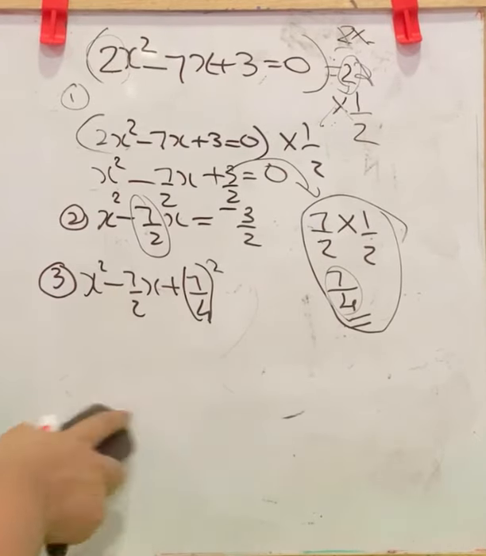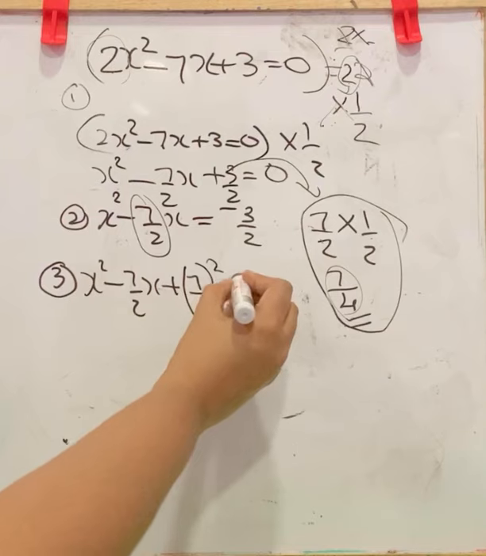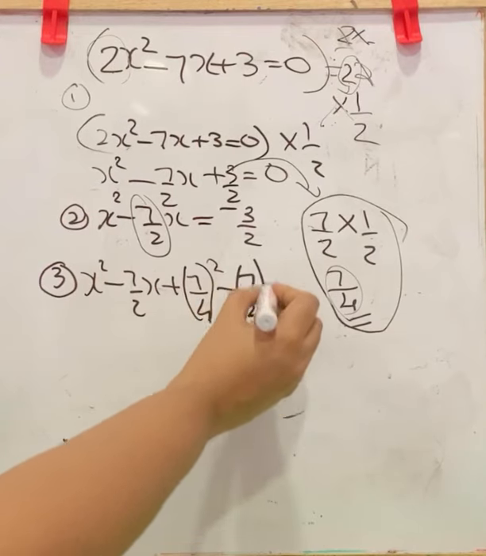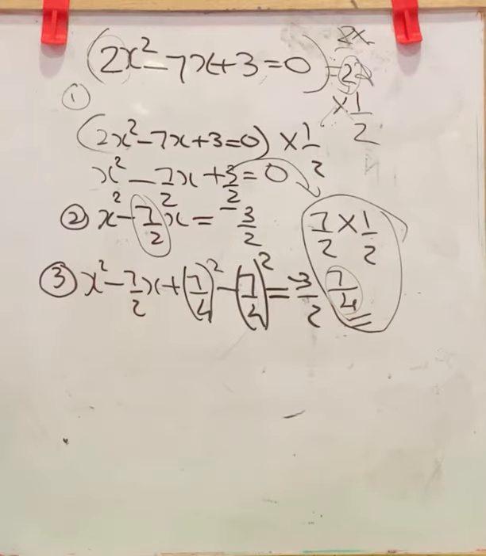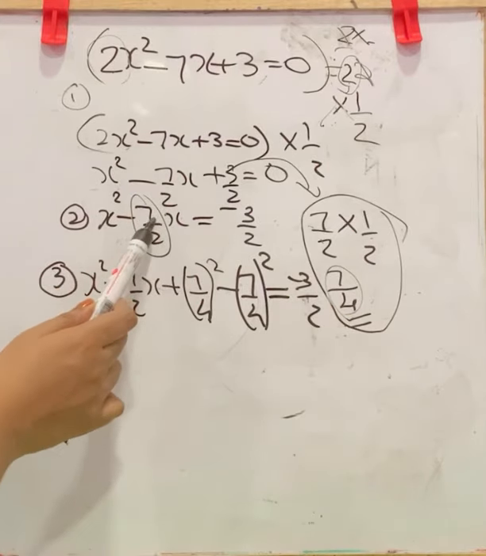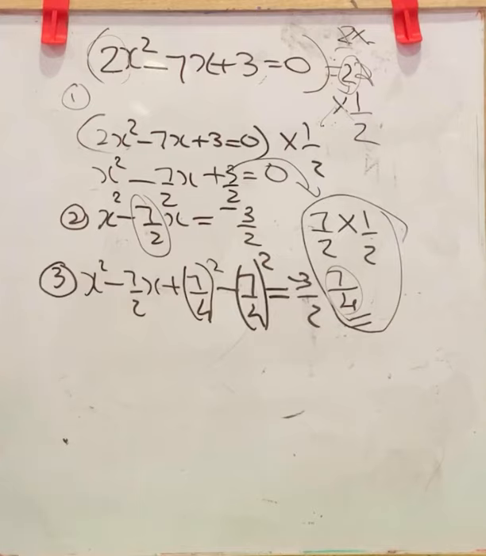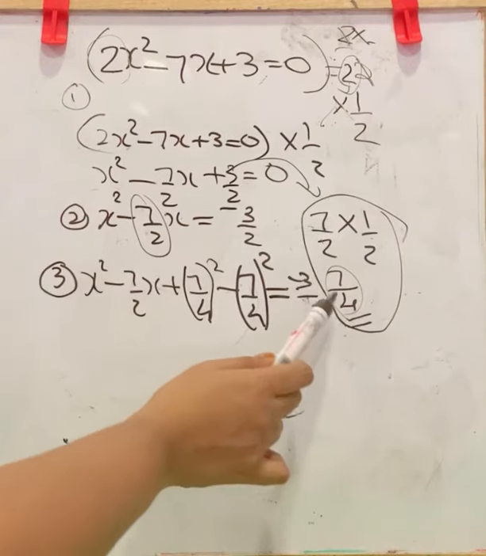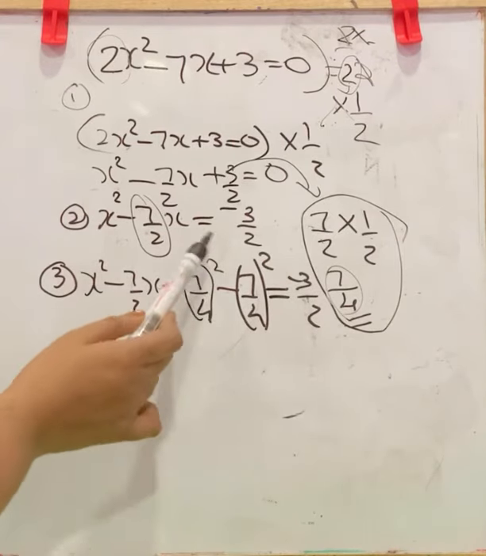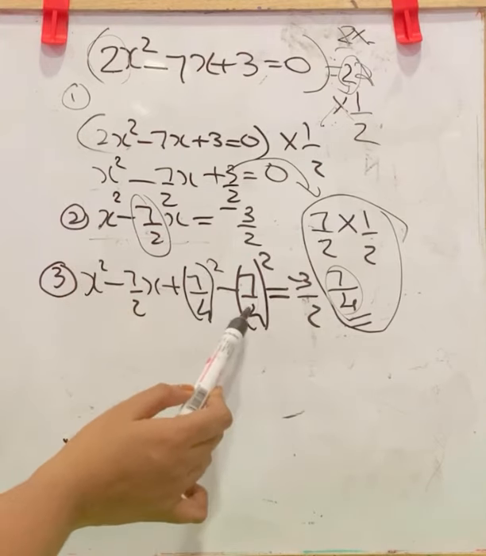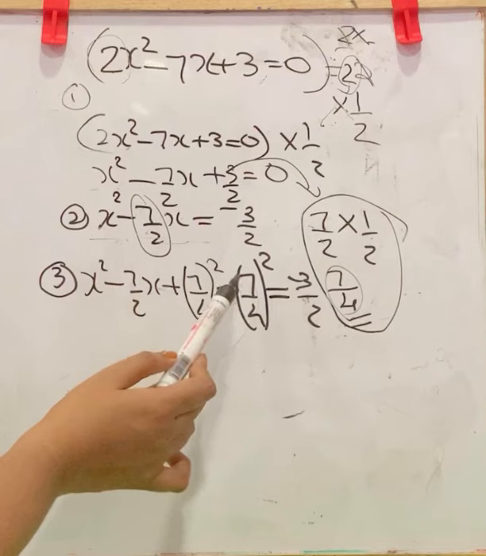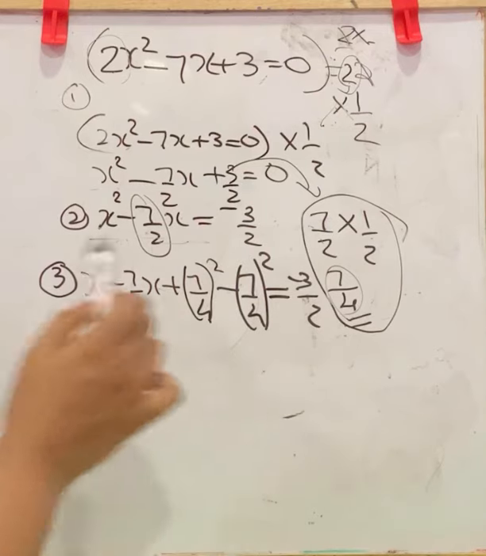So what do I want to do? I want to subtract the same thing from LHS. Then only this equality balances. Okay. What we did? We took the coefficient of x and multiplied it with 1 by 2. You got a result. You add the square of it to the given equation. Then whatever you add, you want to subtract the same thing to maintain the balance of equality.